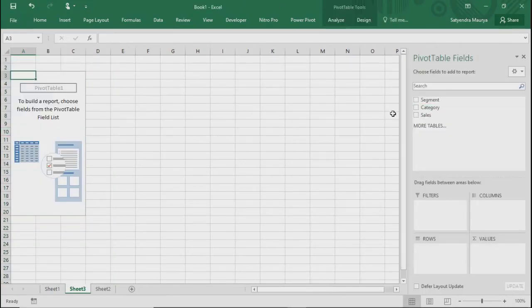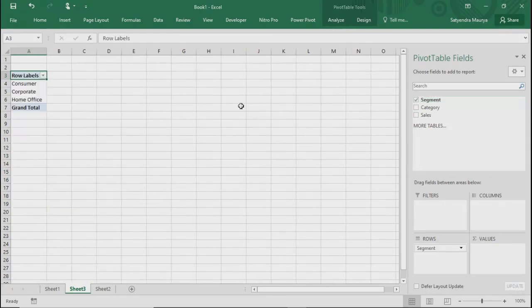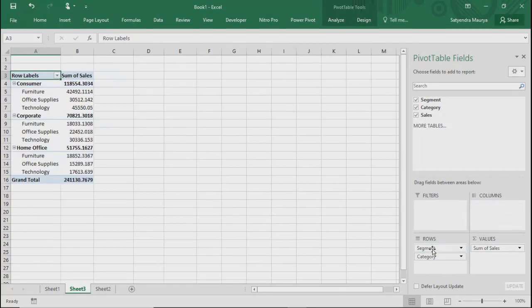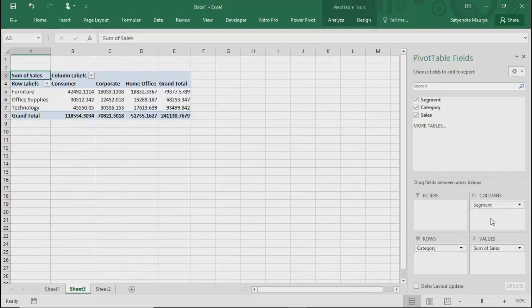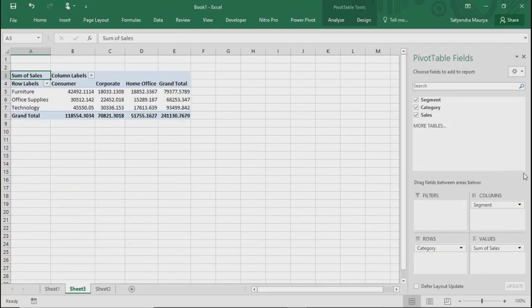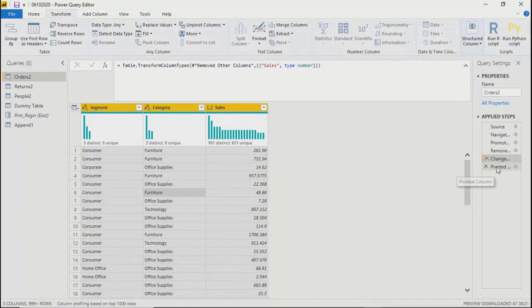So what you do? You have the option either you can take segment first of all in the columns and get category on columns, and then show your sales. See, this is a similar kind of view. Or you have the option to change category over here and take segment over here, right? Or you can keep both the fields over here. But in that case, that column concept is not there. This is also a pivot table. But over here, you don't have columns based out of a column field. So you can do it by putting something on column. So this is the exact view what you're getting over here in this particular step.